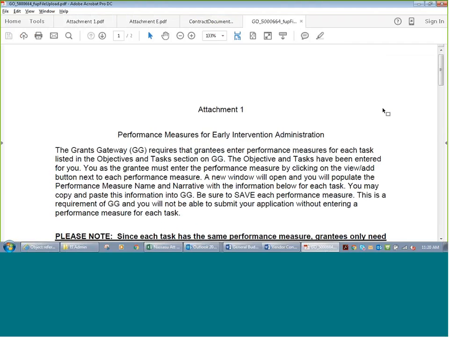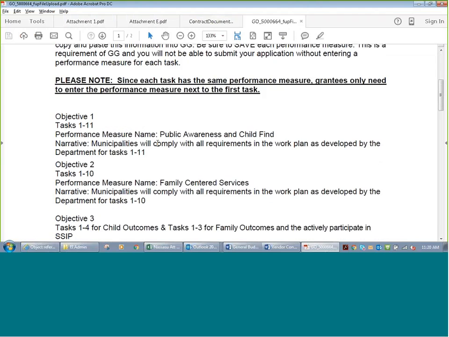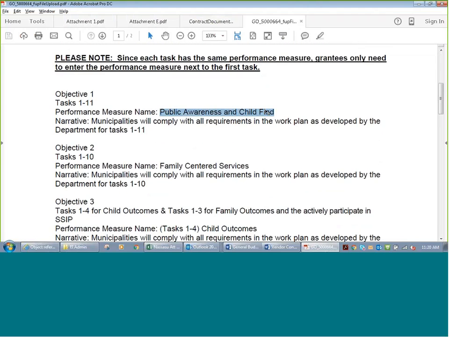So these are your performance measures. So we've got objective 1, tasks 1 through 11. The performance measure name is going to be public awareness and child find, and the narrative is that you will comply with all requirements in the work plan as developed by the department for tasks 1 through 11. Okay? But the thing is, the system makes you fill it out. So you would come here, copy that,